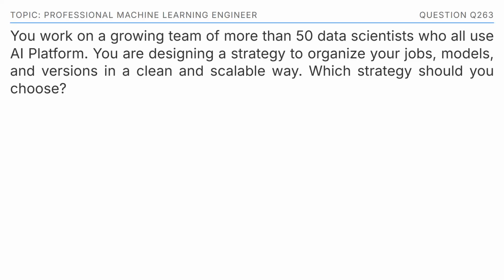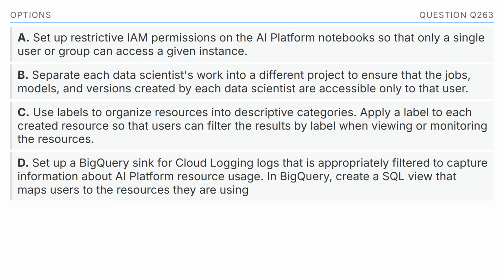You work on a growing team of more than 50 data scientists who all use AI platform. You are designing a strategy to organize your jobs, models, and versions in a clean and scalable way. Which strategy should you choose? The options are: Option A, set up restrictive IAM permissions on the AI platform notebooks so that only a single